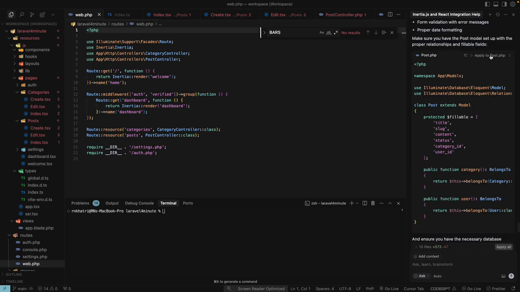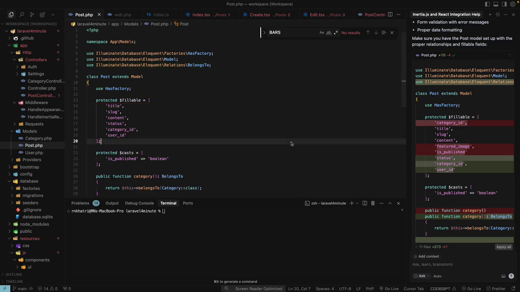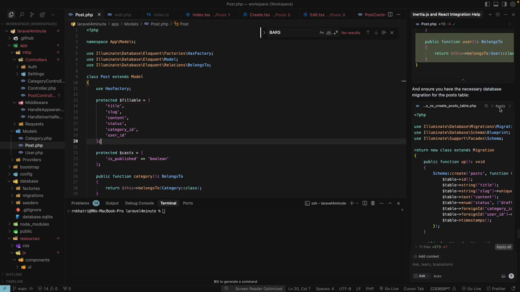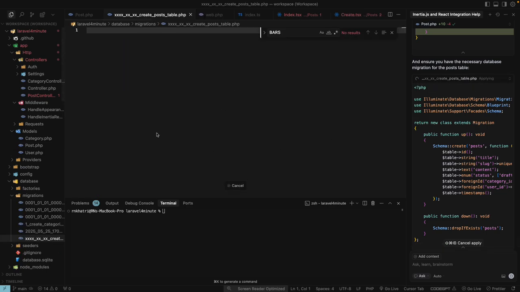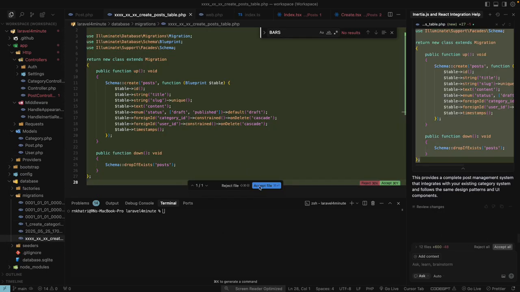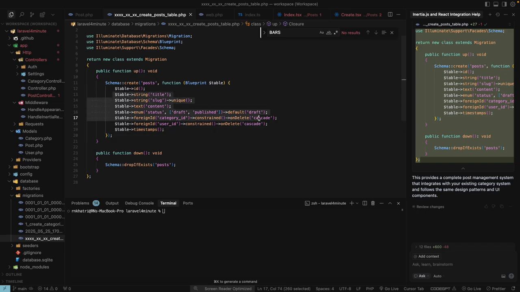Okay, go to post model, accept, and then migrations, accepts, wait,